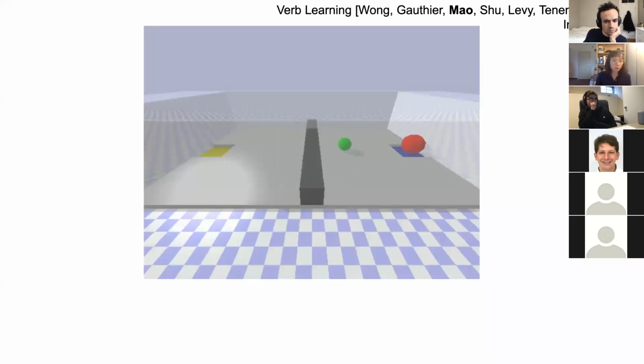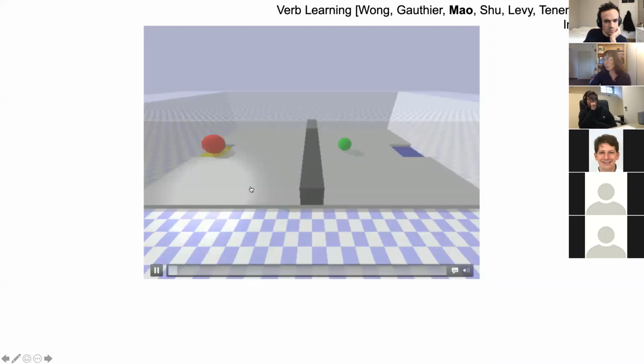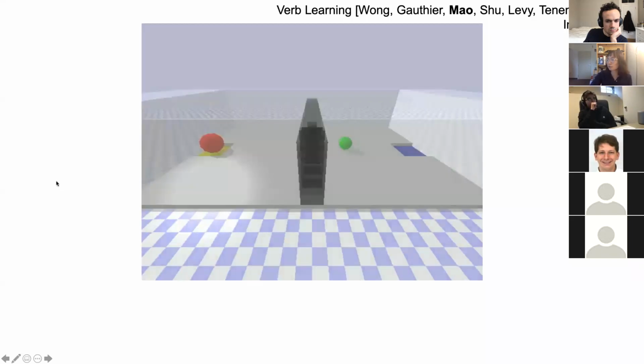Okay, so there's a red board which is moving, and probably it's going to achieve some goal. I want to play it again so that you can see it more clearly. And here's the second example. Oops, sorry. Here's the second example.